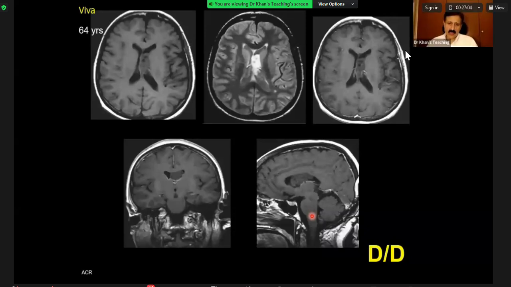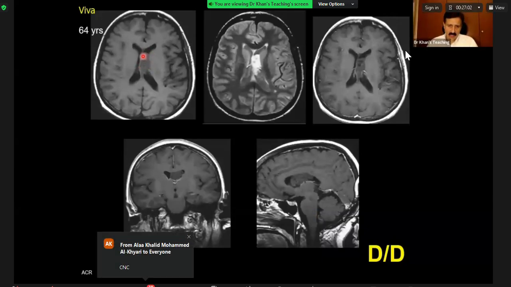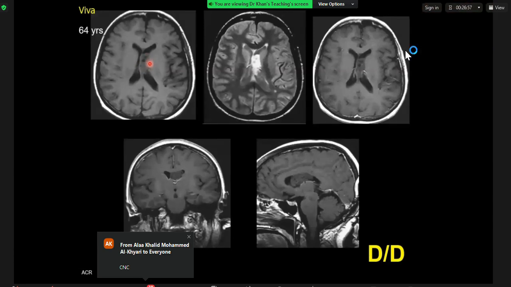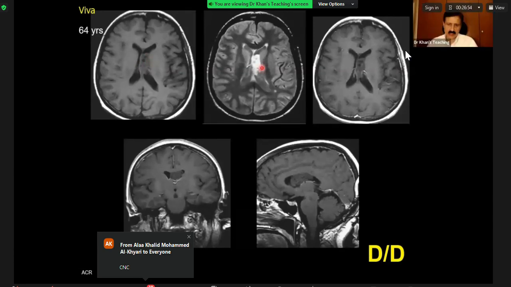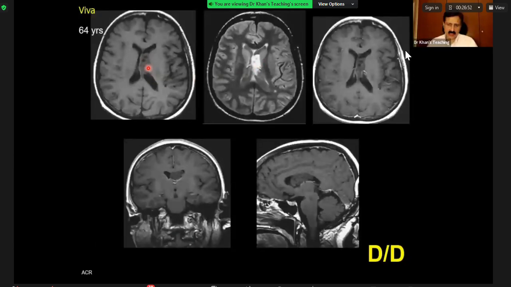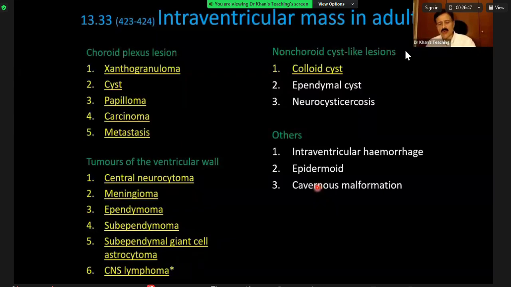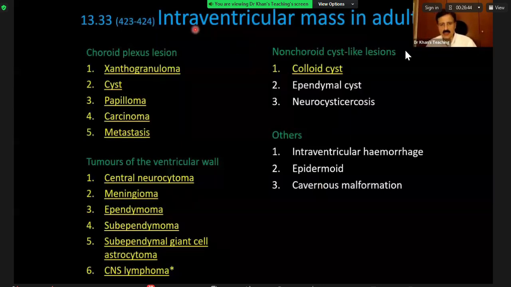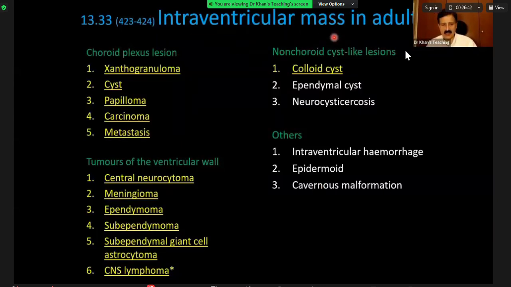If you go back to your anatomy, this is the body of the ventricle, and the lesion is there. It is not a cyst. It is high signal on T2, but it is not exactly a cyst. It does not show any enhancement. So now if you go back to your differential diagnosis, intraventricular mass in adults, and as you have pointed out, it does not show enhancement. So you see, it has to be a low-grade tumor. Like a low-grade means,